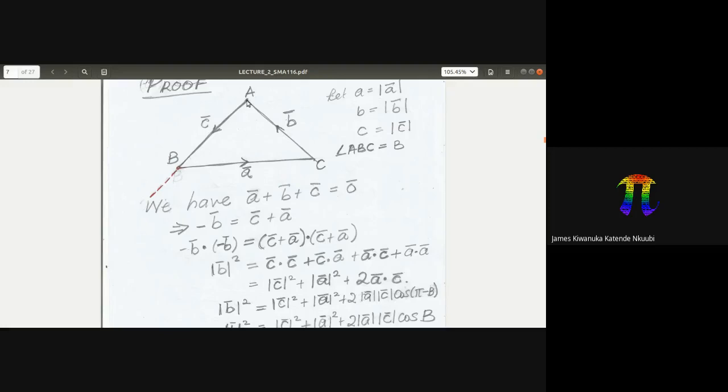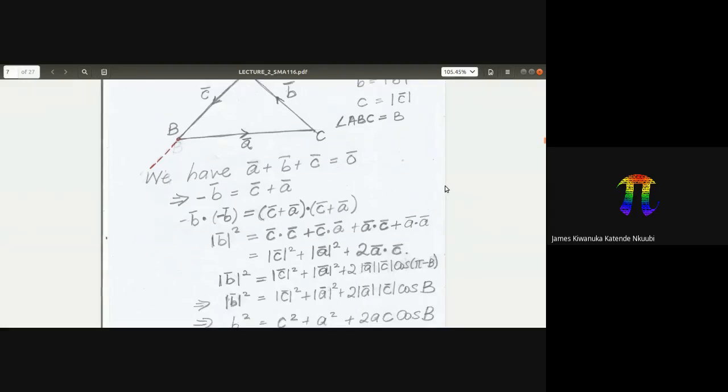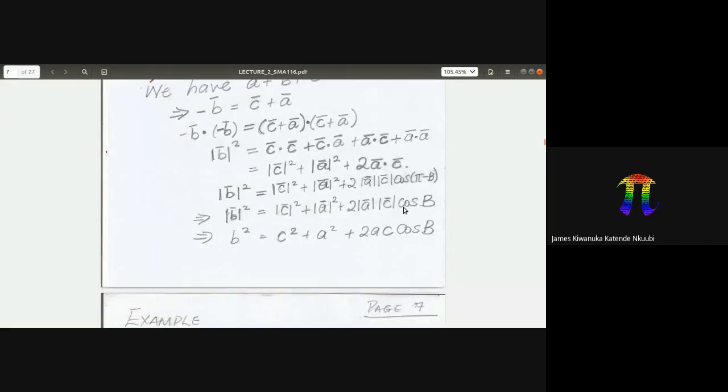So if you take this vector and put the tail end at the terminal end of A, then it will be a vector running like this, so that the angle that this C makes with A will be this angle, which is the same as that angle, because the line that I would have drawn here will be parallel to this one. So this angle and that angle will be equal. So the angle between A and C is just this angle B. So we can replace the angle as B,